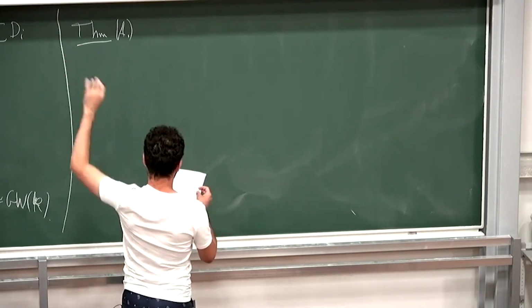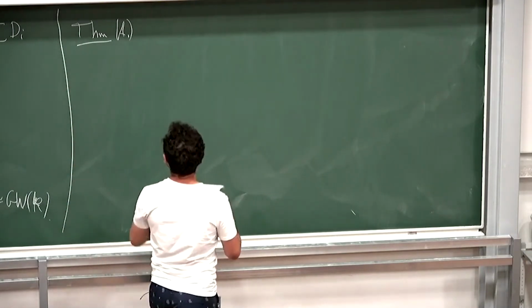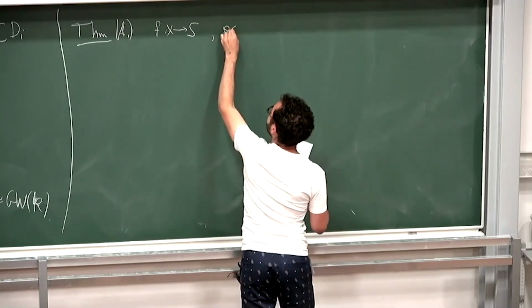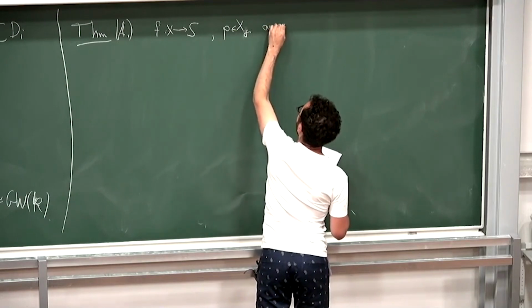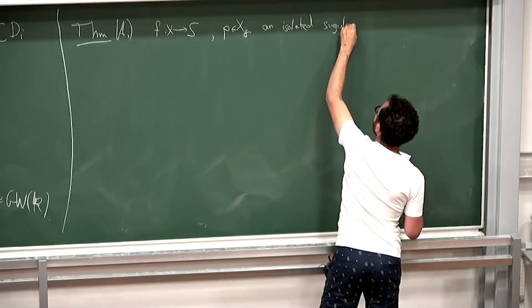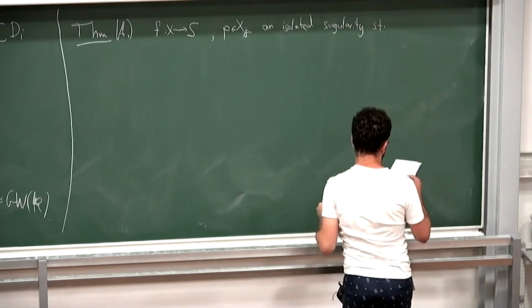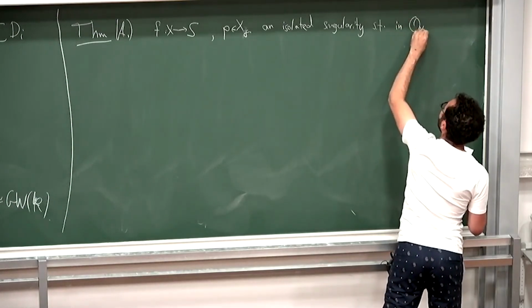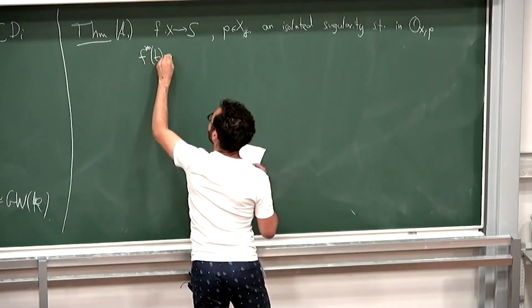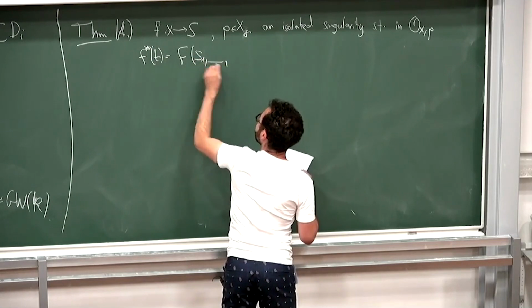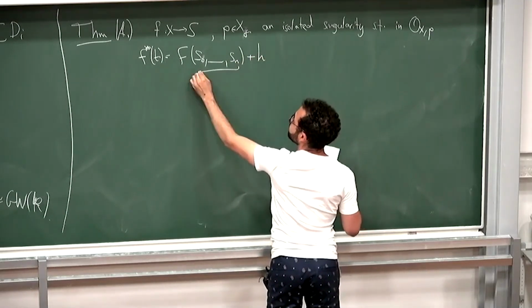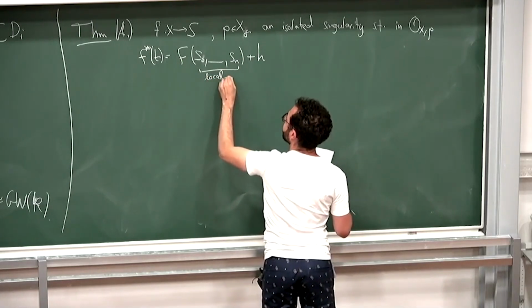So with all the assumptions above, we have f from X to S, and P in X sigma, an isolated singularity such that in the stalk of the point, we have that f star of t is f(s0 to sn) plus higher terms, with s0 to sn being local étale coordinates,